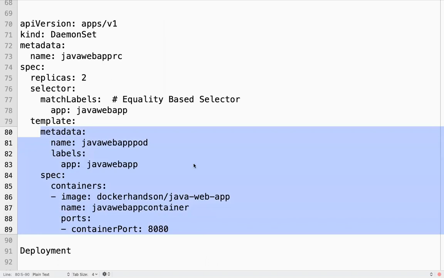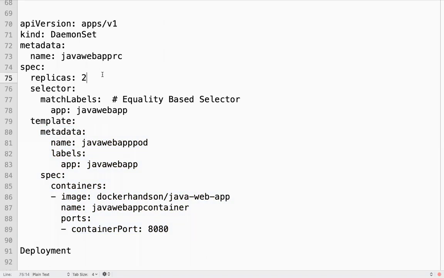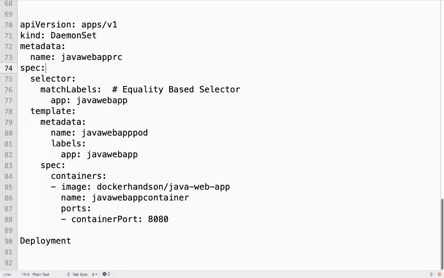Can I scale up, scale down the daemon set? Can I mention the number of replicas? It will not allow me to mention the number of replicas. We can scale up and scale down a replica set, but we cannot scale up or scale down a daemon set. Each and every node will have a copy of the pod.